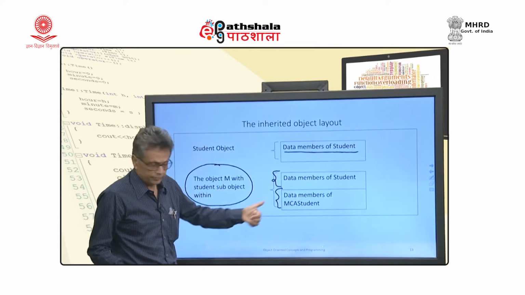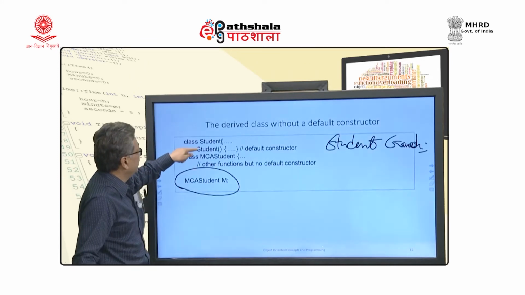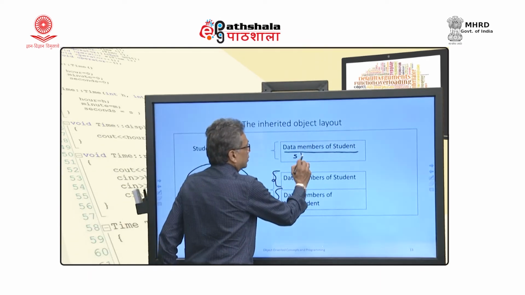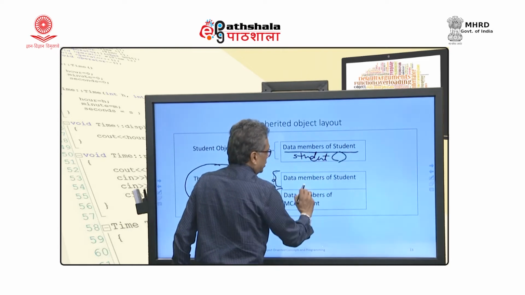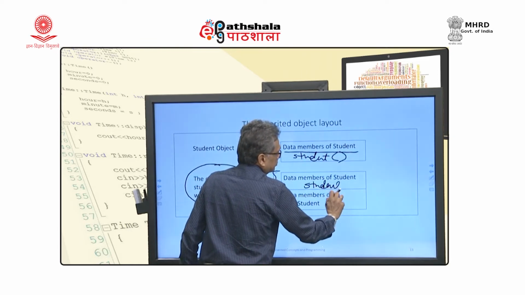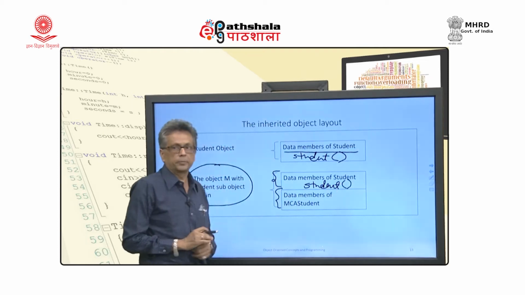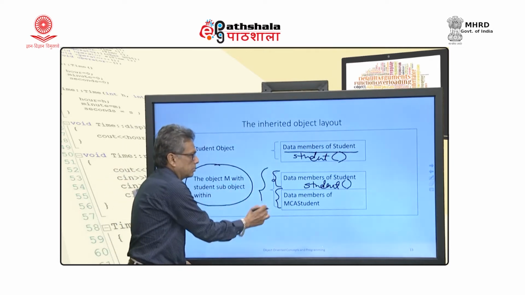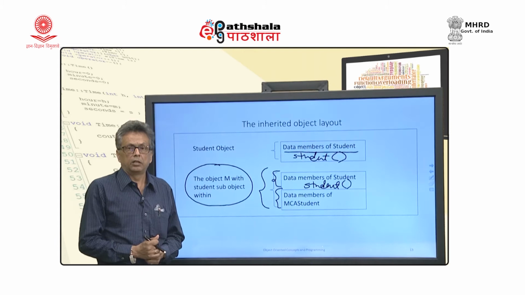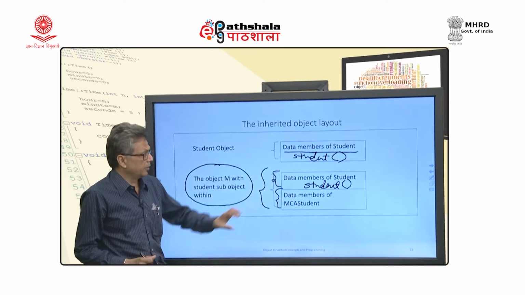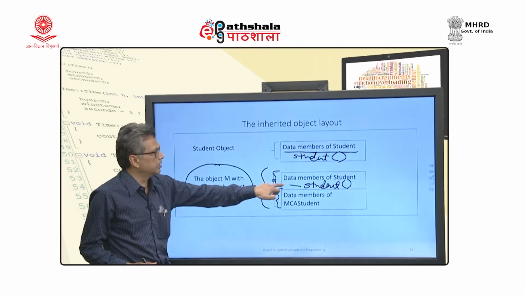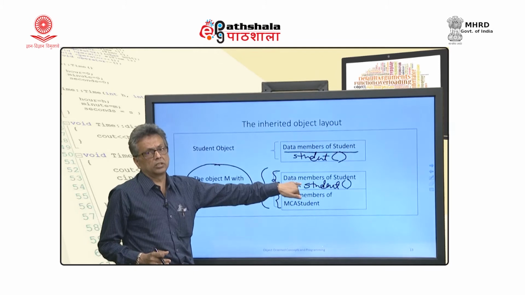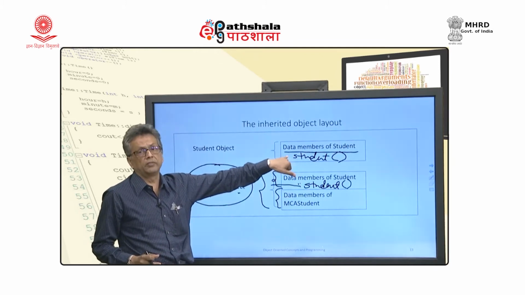See what we are discussing. We have a default constructor here, user defined, but there is no default constructor for MCA student. What will happen? There is no default constructor for this object, the user does not specify one, but because C++ is embedding it, C++ cannot construct this object unless this is done, and the C++ compiler cannot do this on its own; it will have to follow whatever the user has specified here.